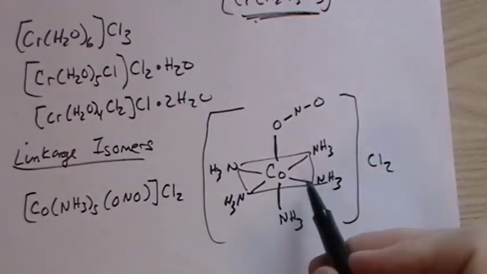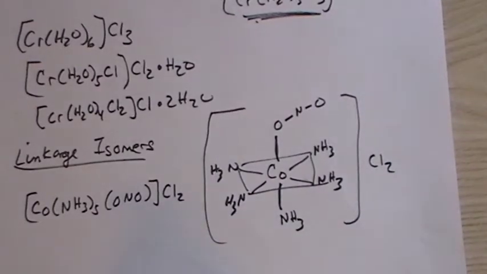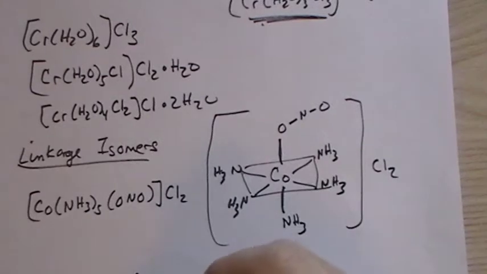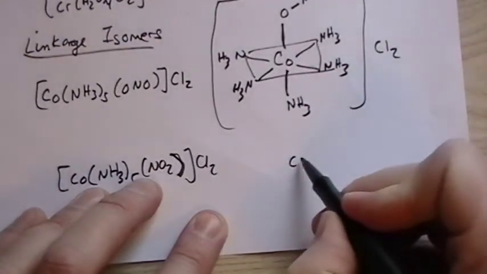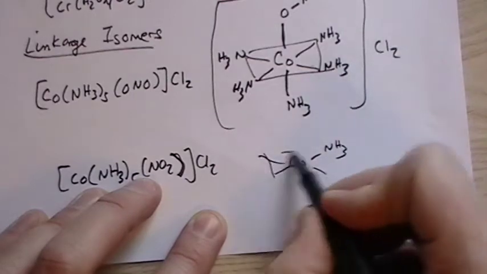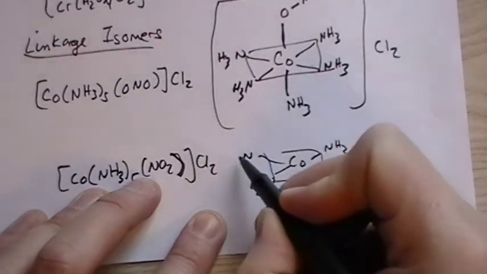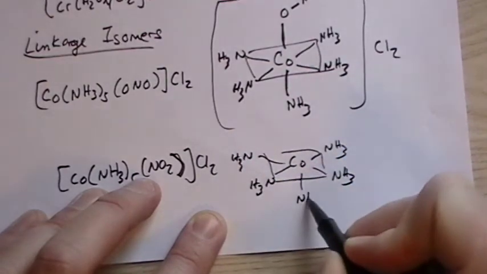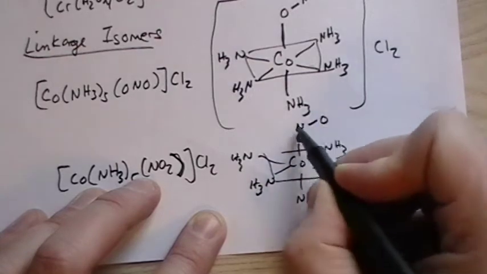But then we can also, in the book they show the formula, they actually change the formula so that you can see that. Sometimes it's not so easy to do that. You actually have to draw the structure to see it. In this case, we have the ammonia, and this time the nitrogen is attached